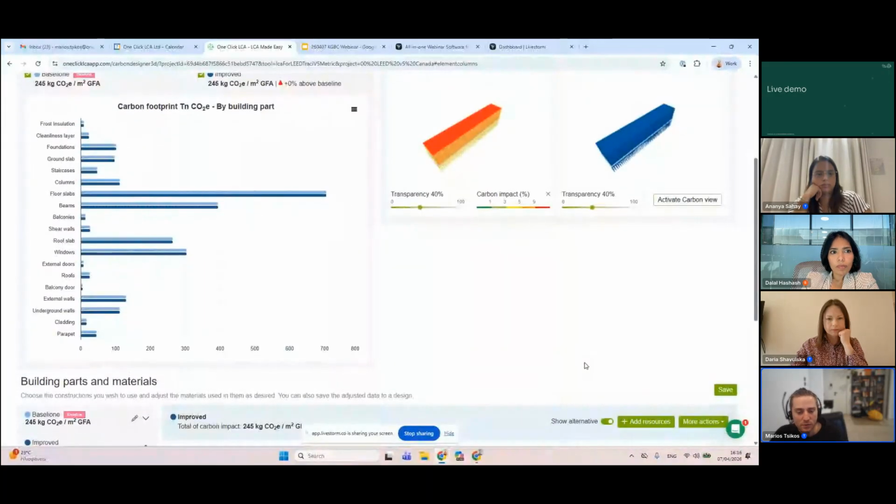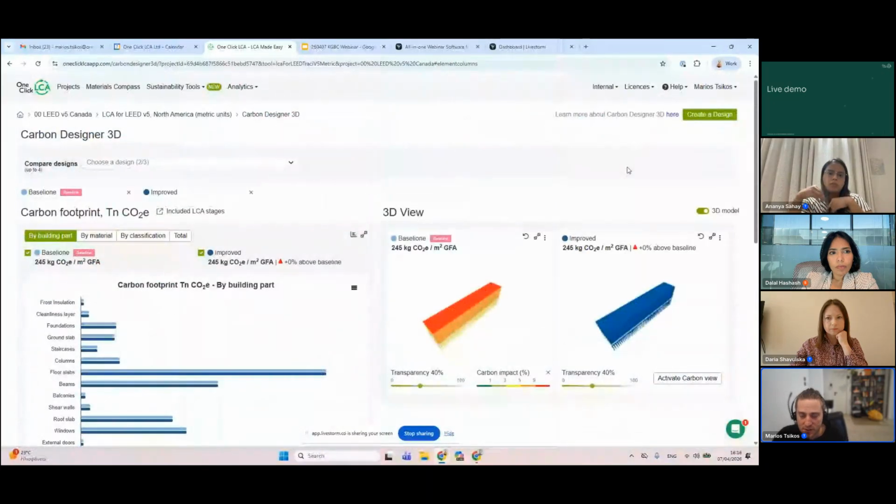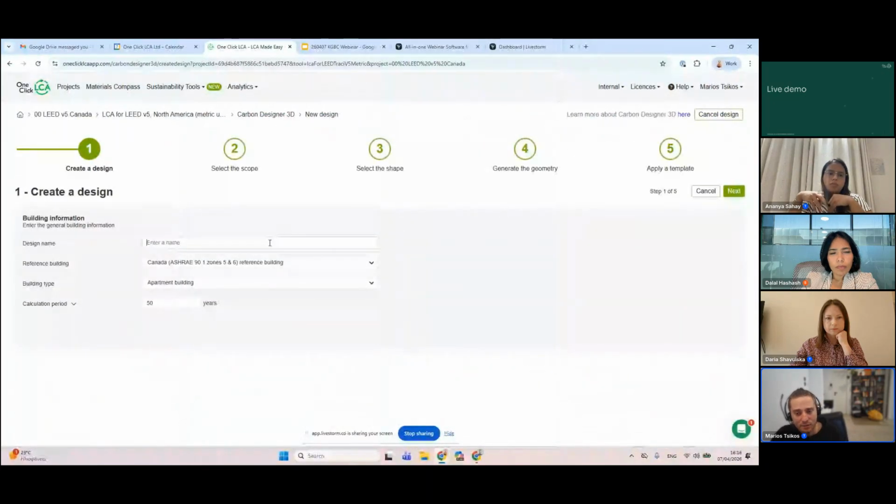So what would it be if we change the floor slabs into some other slab type, for example, from flat slabs to hollow core slabs, or we completely start over with a completely new design with a different shape, different geometry, or a different structural frame. We can probably apply it very quickly. Improved to